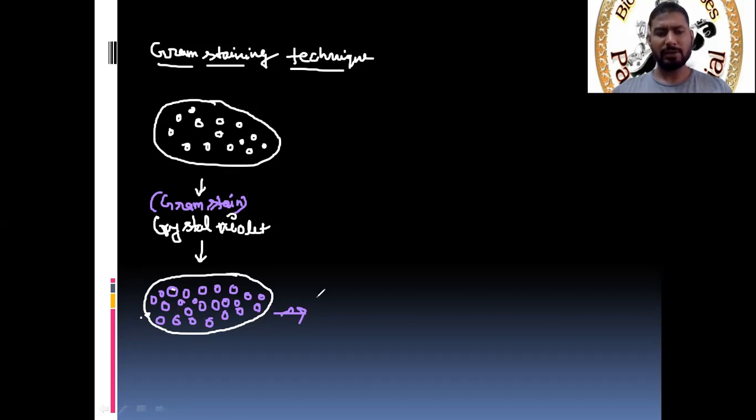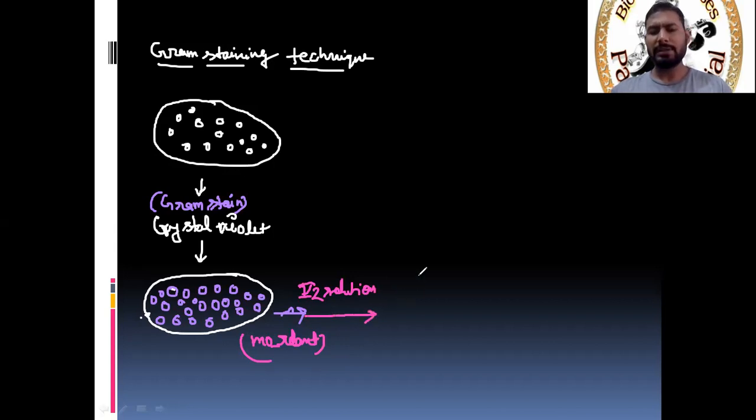Again, they use another solution, because when treated with crystal violet, some bacteria have a proper violet color, but some bacteria do not. This means the stain is not fixed properly; they do not have a strong binding with the crystal violet. So after that, they use another reagent, the iodine solution. This iodine solution acts as a mordant. Okay, they use the iodine solution, and it acts as a mordant.